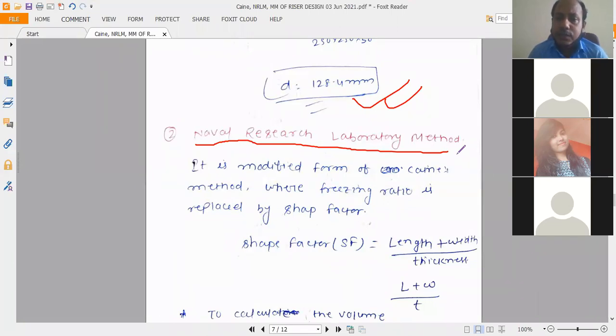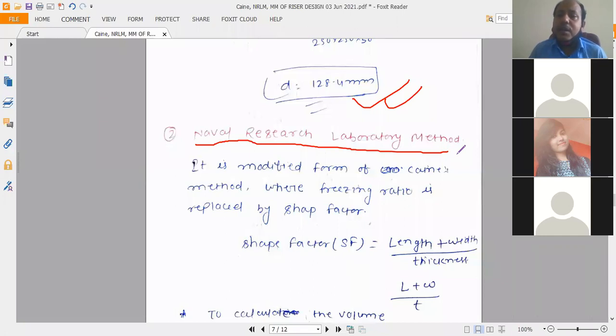Instead of the freezing ratio, they consider the shape factor. क्योंकि फ्रीजिंग रेशियो निकालने में थोड़ा कॉम्प्लिकेशन था कि सरफेस एरिया निकालना, फिर उसका वॉल्यूम निकालना, फिर डिवाइड करना, फिर उस कास्टिंग का निकालना, फिर राइजर का निकालना।